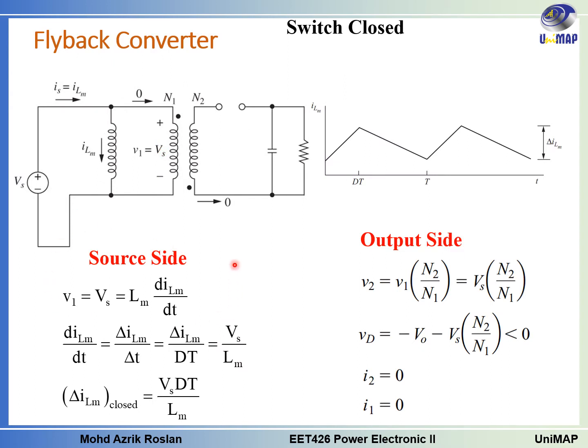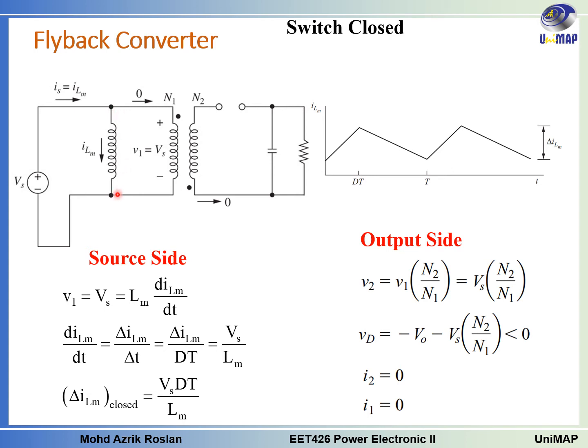Okay, in this slide we are going to see the equations related to the source side, the input side here, and the output side at this point. First we are going to see V1. V1 is the voltage across the primary winding at this point. The voltage here is equal to Vs, because this point is connected to Vs, and also this point is connected here to Vs. So V1 is equal to Vs